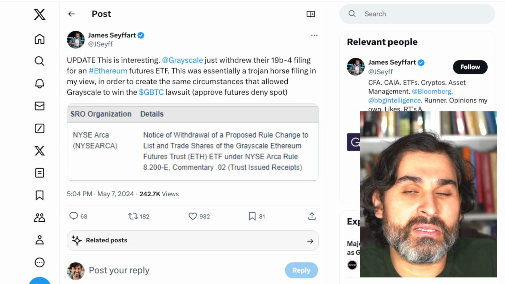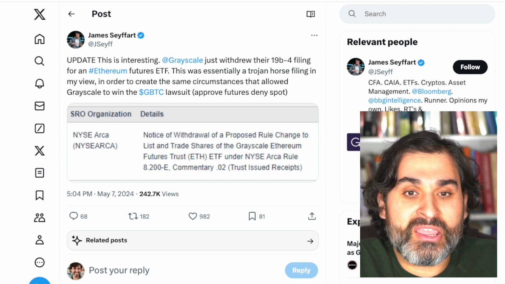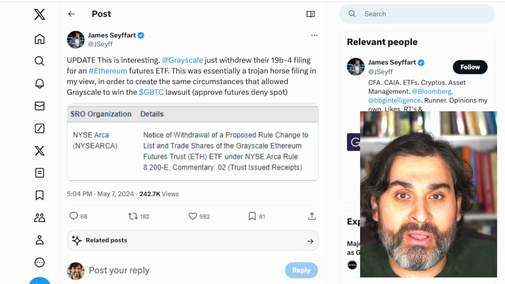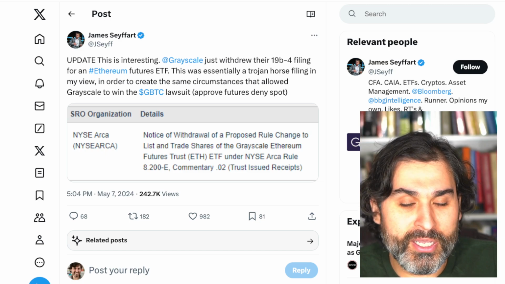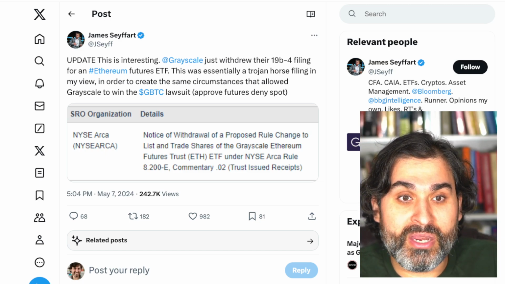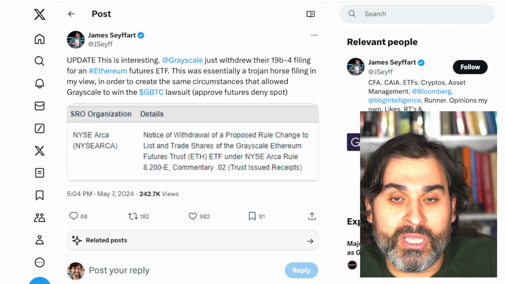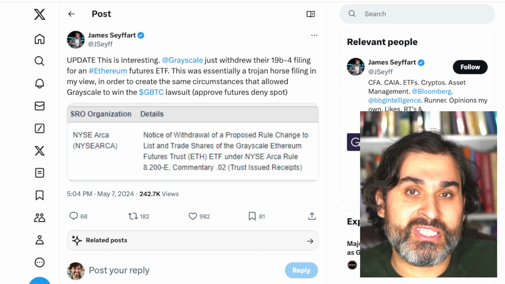There was some technical way that it was written up and processed. Then the Ethereum spot ETF was approved, but that was using a different foundation, so it wasn't under the exact same framework. Now, what Grayscale were doing was starting a new Ethereum Futures ETF, but with the exact same framework as the BTC one, that then the court said, if you approve this, then you have to approve a spot